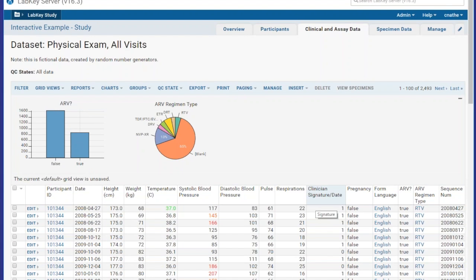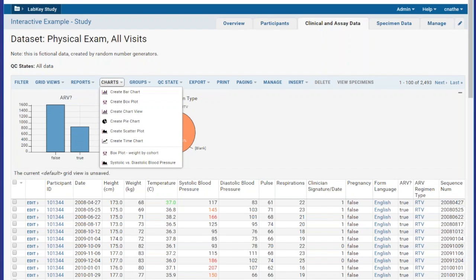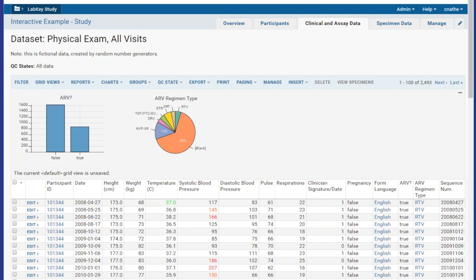But with the 16.3 release, we've folded these two chart types into the main charting wizard itself to be able to view the full featured chart with the addition of the chart layout look and feel options. So to get to that charting wizard for these new chart types, it's the same as it was for the box and scatterplot options that previously existed. So I can, for example, from this data set, choose the charts create bar chart option to go to the